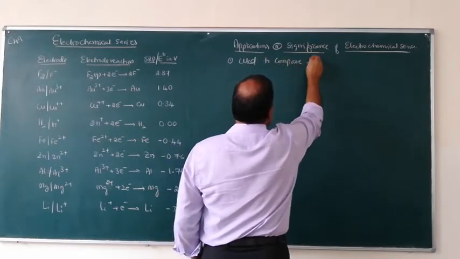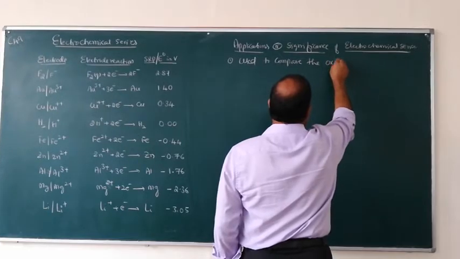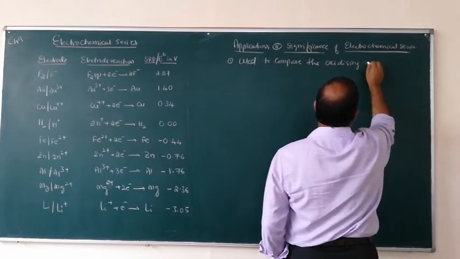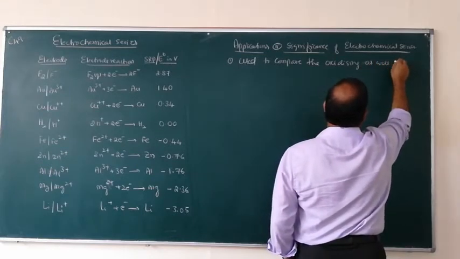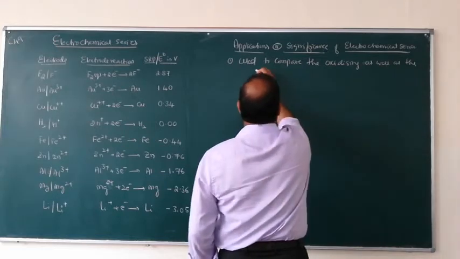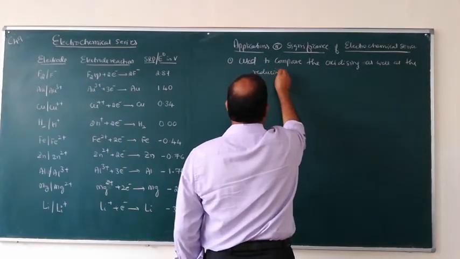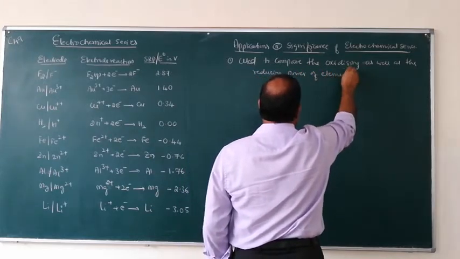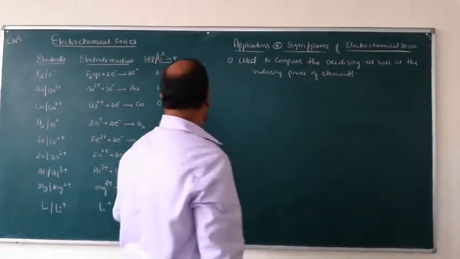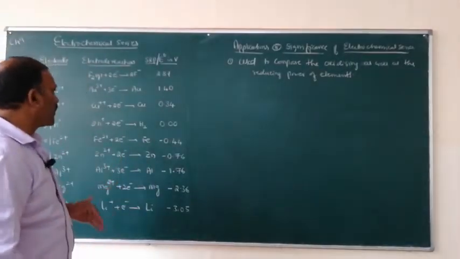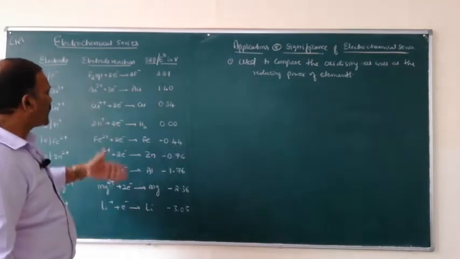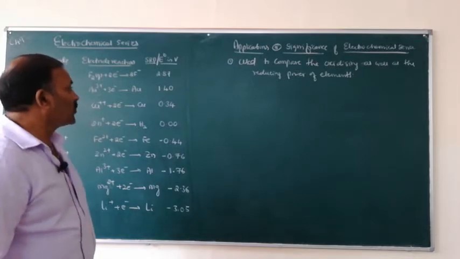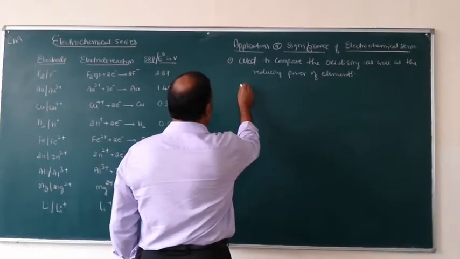compare the oxidizing as well as the reducing power of elements. So using electrochemical series, we can compare the oxidizing power as well as reducing power. So how do you compare? So first point,